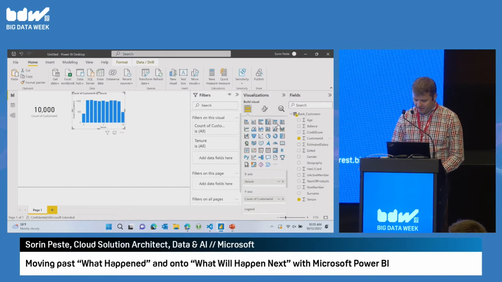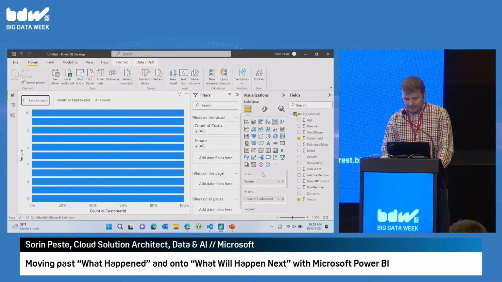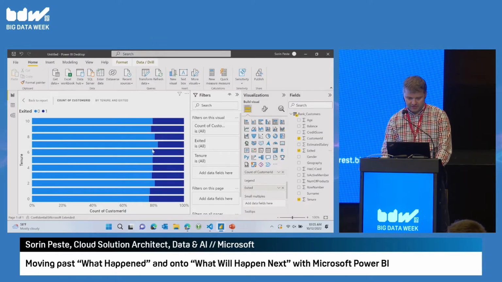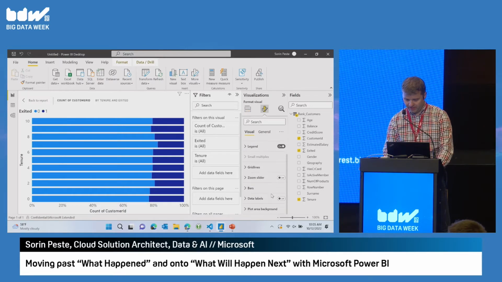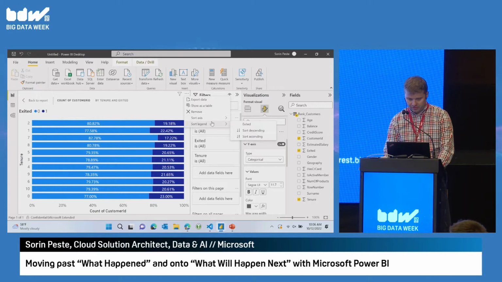Okay, let's use a stacked bar chart. I'm going to focus on this one so we can all see it. And like I said, we're trying to analyze our exited customers, so I'm going to put this as the legend. Let's also see the actual values, data labels, and I probably want to make the axis categorical instead of continuous. There we go. Also I'm going to sort the axis by tenure.